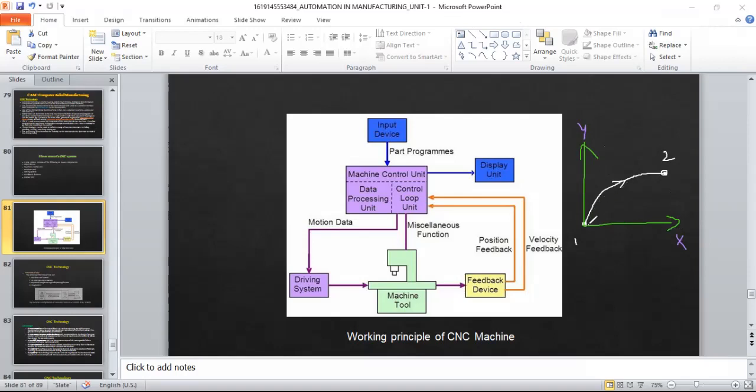The motor X has to move and the motor Y has to move, and there has to be coordination between the two, which will be decided by the machine control unit. How much should X move in this time? Let's say in 1 millisecond, X should move this much and Y should move this much.